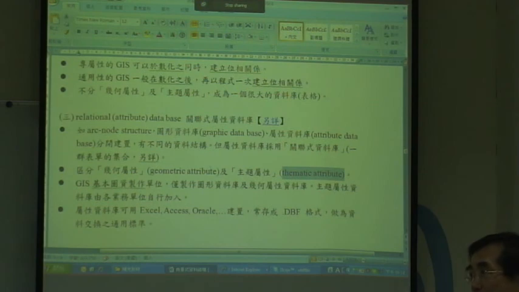We have two commands, say clean or build the structure. That means you ask ArcGIS to establish the topology for you. Okay, and at that time, the ArcGIS will